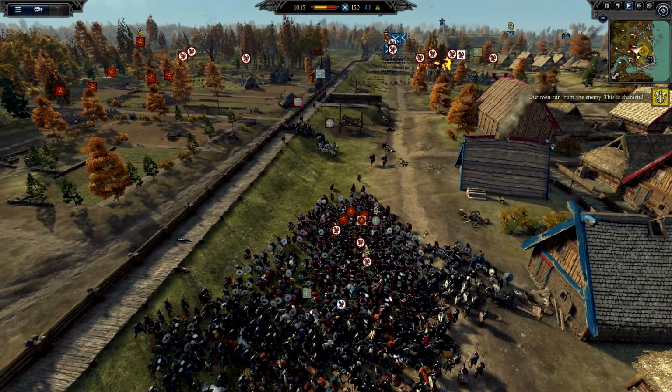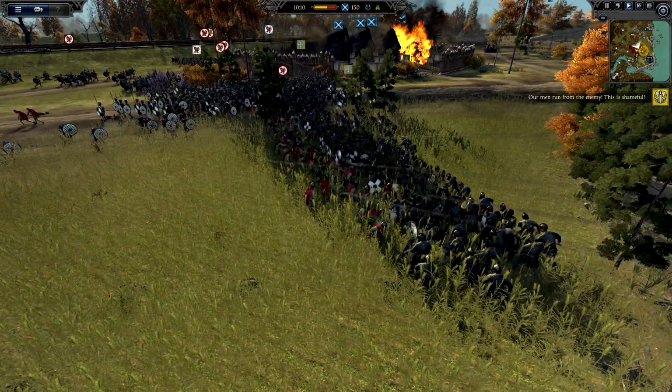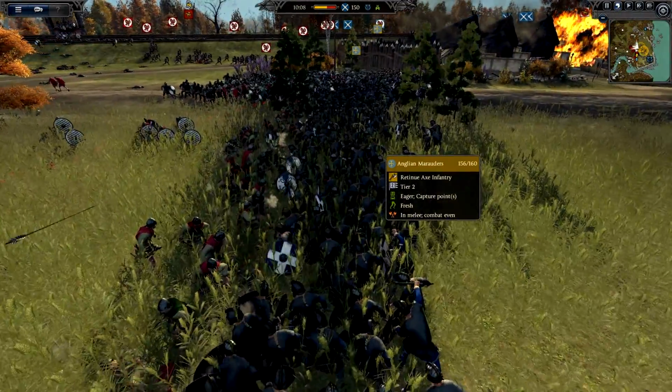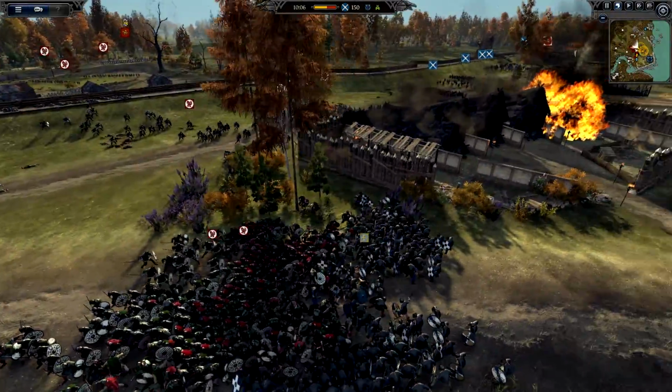So this is 3 generals in one place. If we can kill these guys, then that's going to be a big blow to our enemies. Now, moving on over here, you can see the Welsh running into some stiff resistance. I've now moved up with my 2 reserve companies of Anglian Marauders. I'm going to be using them to pretty great effect here to hold back the Welsh and inflict some pretty